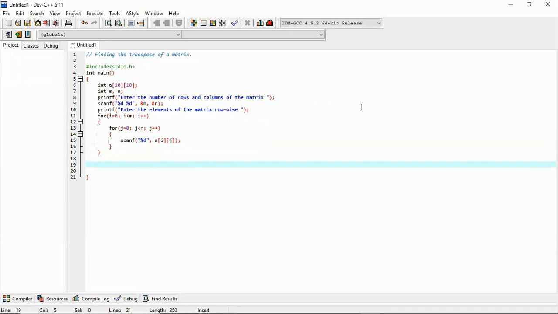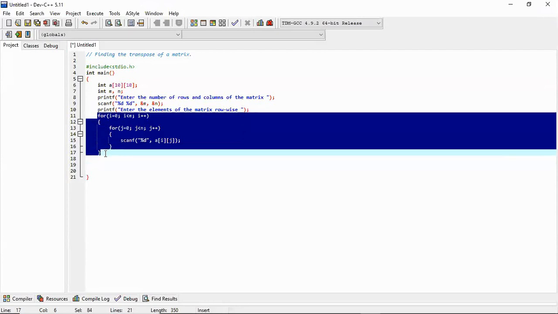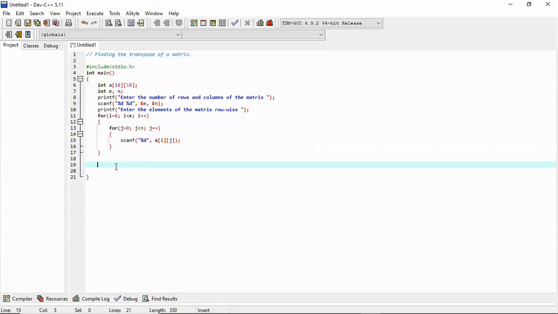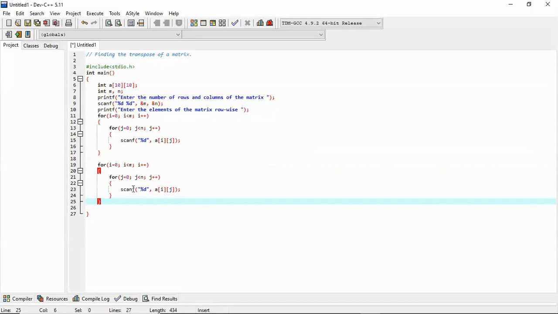Before finding the transpose, we may print the same matrix which we have just input, so that we may compare it with its transpose. We may print the same matrix whose elements we have just input. So we will write printf. This way we can print the same matrix onto the screen.